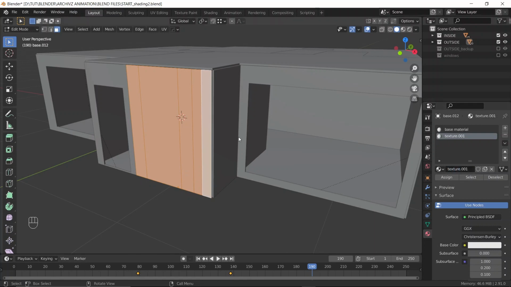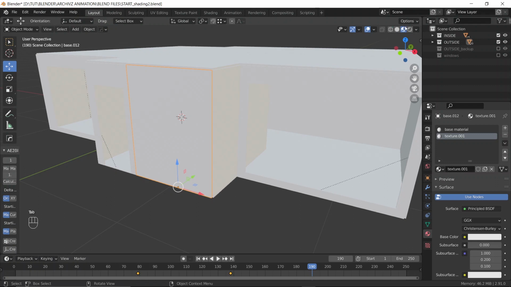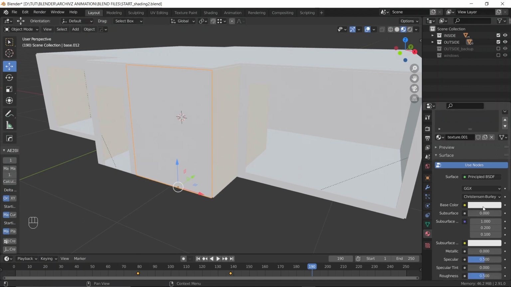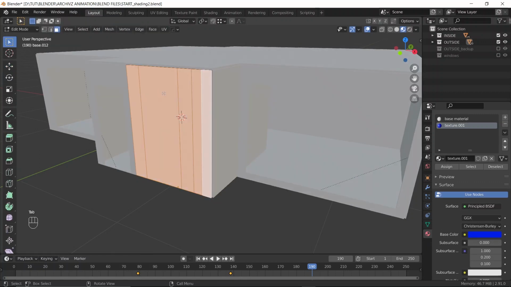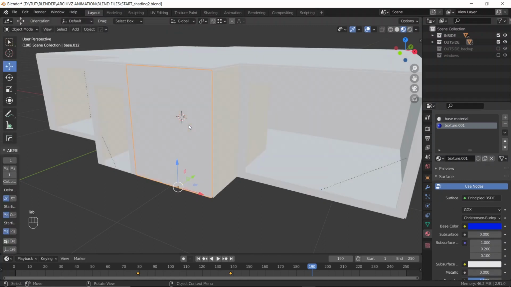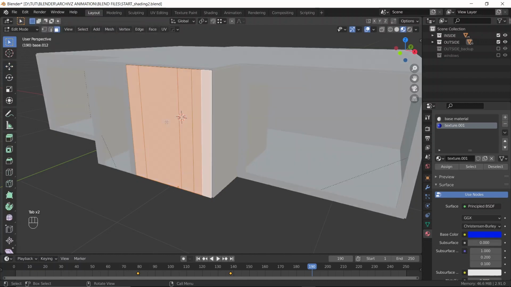Okay, and if I switch to the material preview over here, you can see that it's a white material. Well, if I change this color to something blue, nothing has changed. So for us to apply that, what we have to do is go over here to the edit mode of the object, and you'll notice that we get these three options extra. If I tab out of edit mode, the options aren't there, so tab into edit mode and they are there. And now let's make sure that these are the faces that I want the wooden texture on. And now let's select this new material that we named texture, or let's call it wooden for clarification,